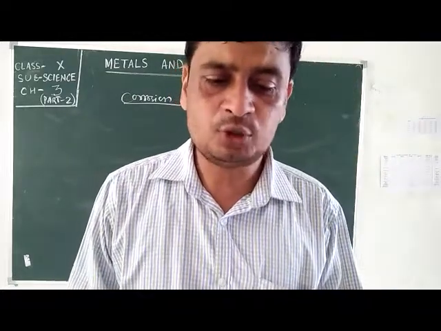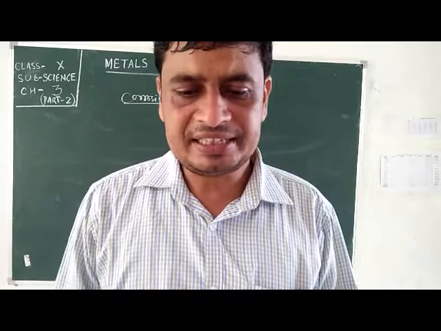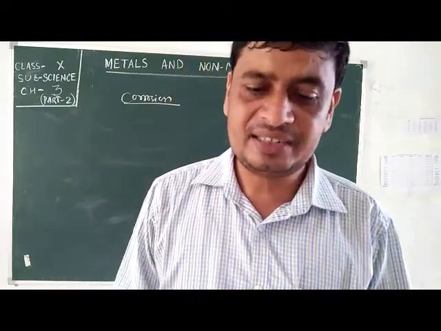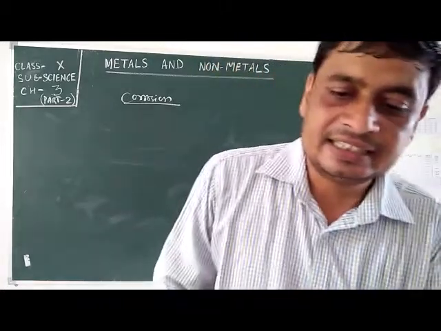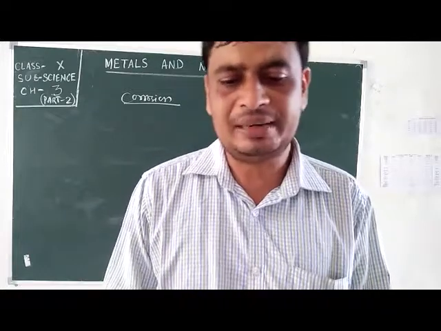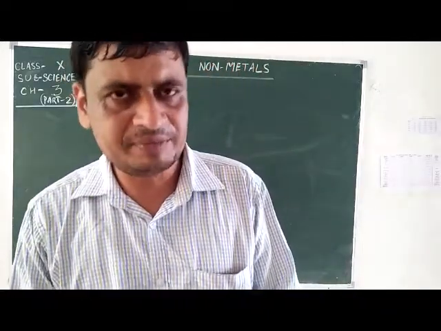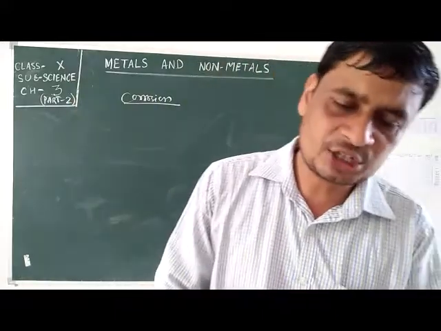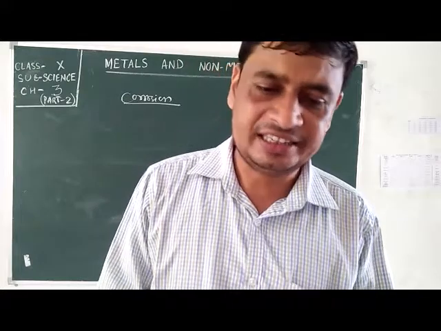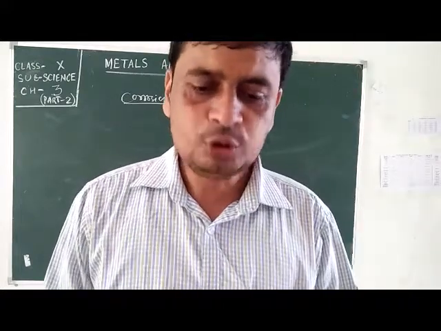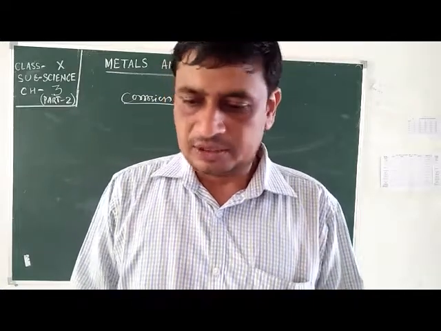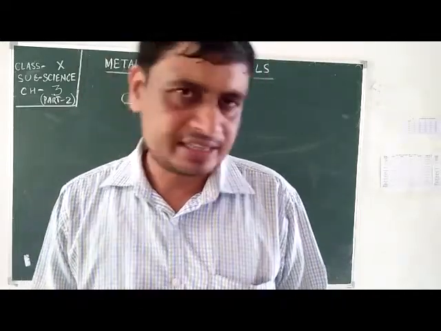Iron is the most widely used metal, but it is never used in pure state. This is because pure iron is very soft and stretches easily when hot. But if it is mixed with a small amount of carbon, generally 0.05%, it becomes hard and strong. When iron is mixed with nickel or chromium, we get stainless steel, which is hard and does not rust easily. Okay, this was present in this chapter, metals and non-metals.